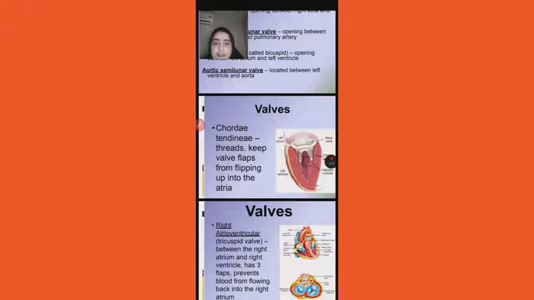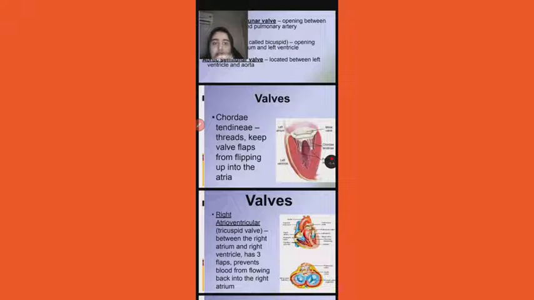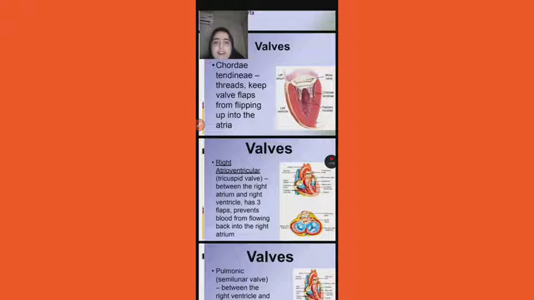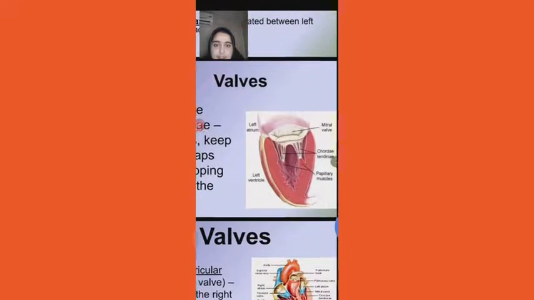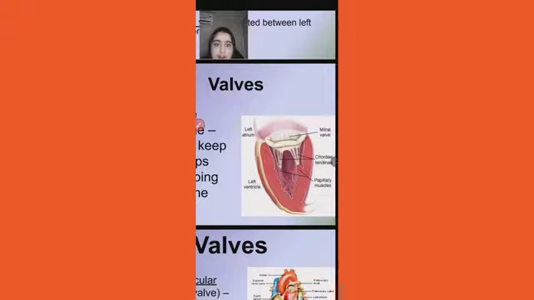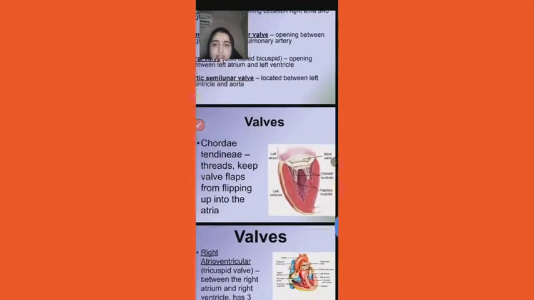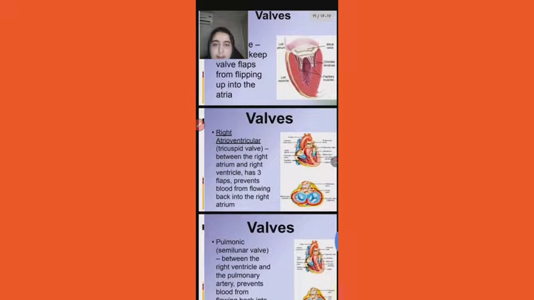So the next slide: chordae tendineae, which keep the valve flaps from flipping up into the atria. And as you see in this picture, the left atrium, left ventricle, and mitral valve. Okay, and the next slide is about the right